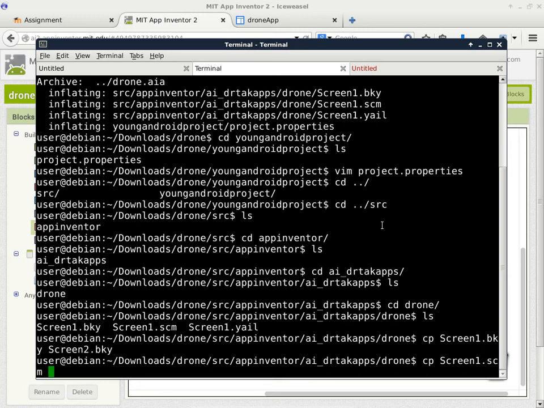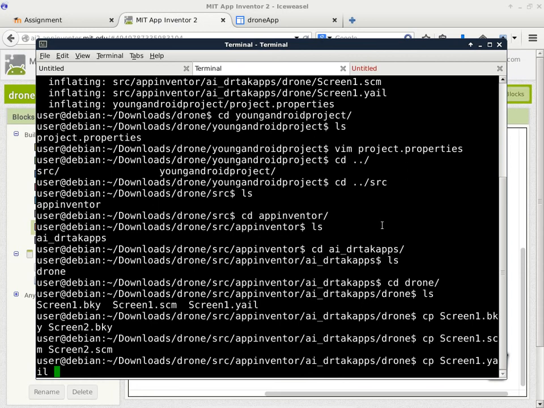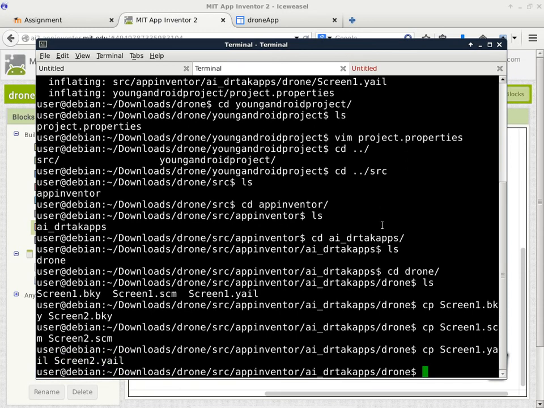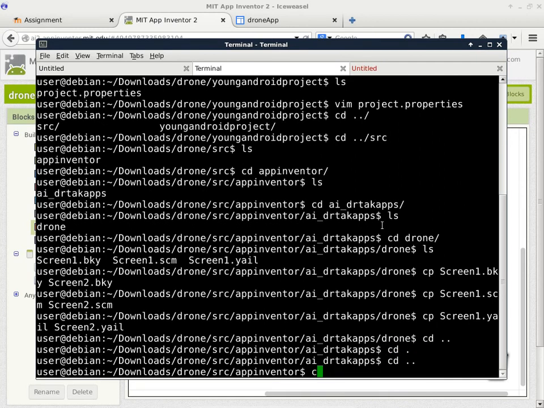SCM to screen2.scm. So the important part is the first part of the file name has to be consistent. So this time we have YAIL to screen2.yail. Alright, so now that we have cloned all the files related to the screen,